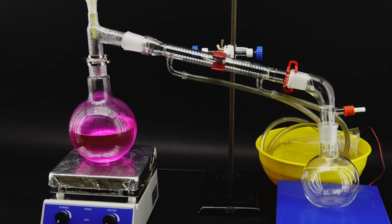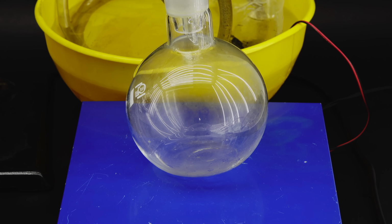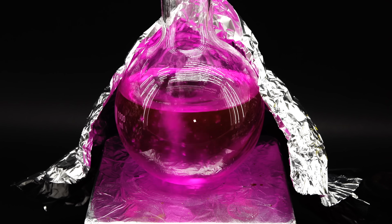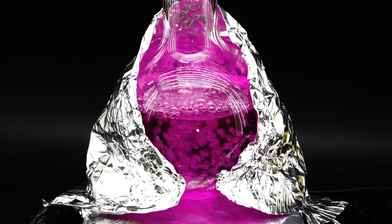a distillation apparatus. After turning on heating and stirring, everything quickly started boiling and a bunch of water began making its way into the receiving flask. I ended up with quite a bit of it, and when most boiled off, I quickly dumped the remaining antifreeze into the boiling flask. This will make me have to do only a single distillation to process it all, which